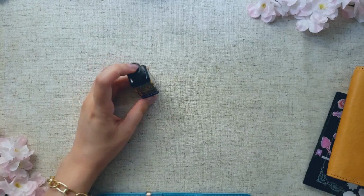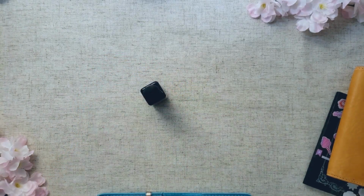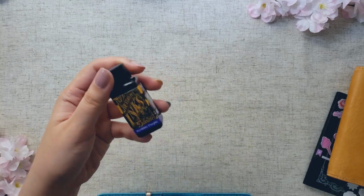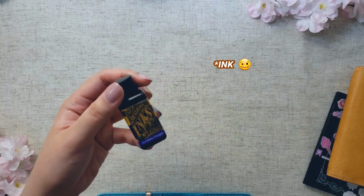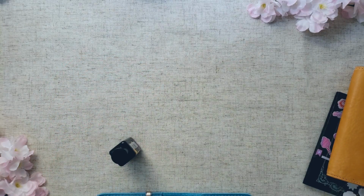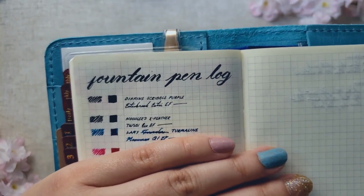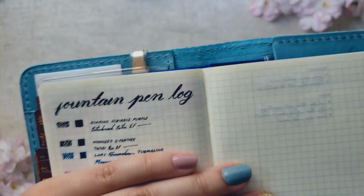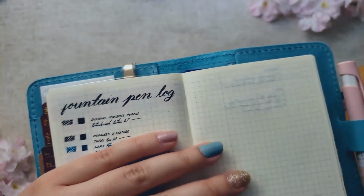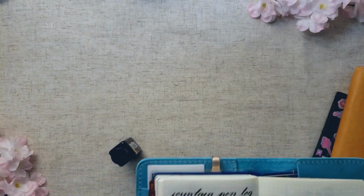So the story behind this is I bought this ink last year to go with my Esterbrook Esty pen, and at the time I really loved this pen. I thought it was just this gorgeous purple black ink, but then I noticed that when I put it next to my actual black ink, like my Noodler's X Feather, here I can show you the difference. I don't know if you can see, but there's basically no difference. The purple tint is very subtle. You can't see it in certain lighting,